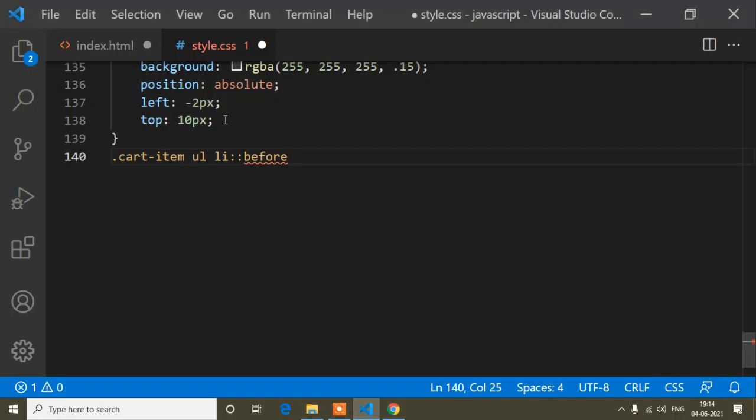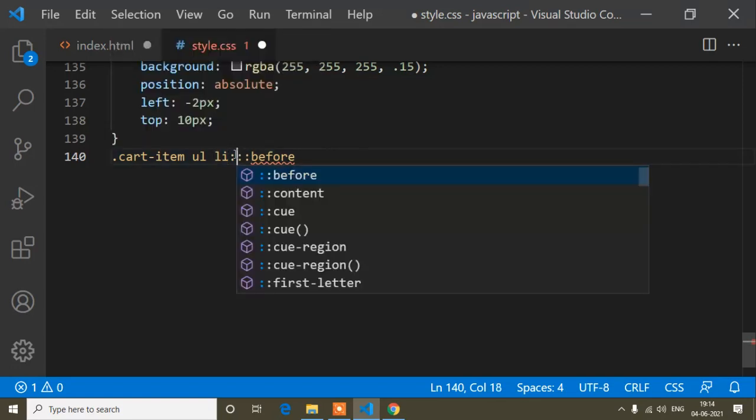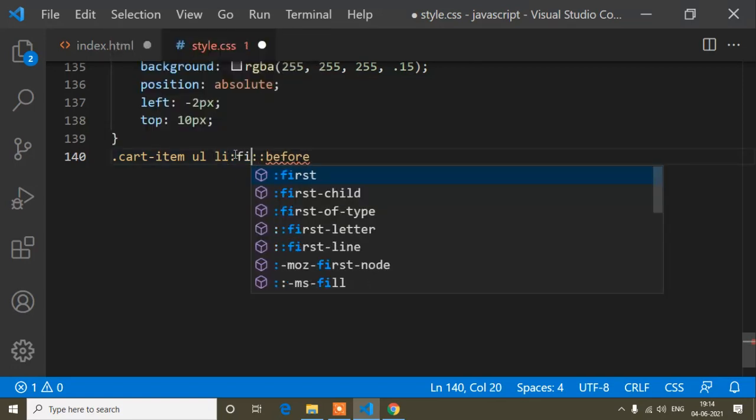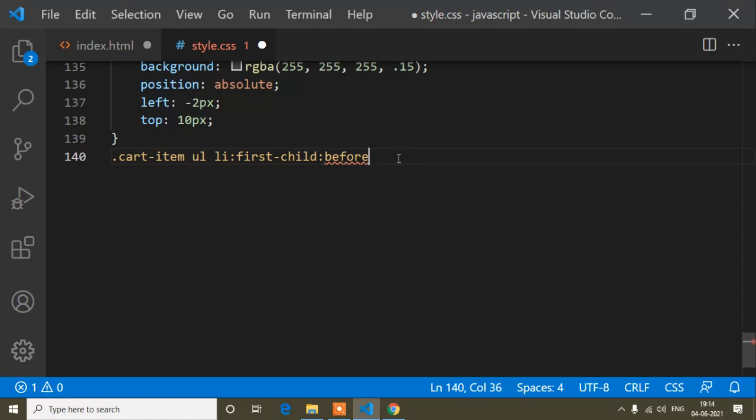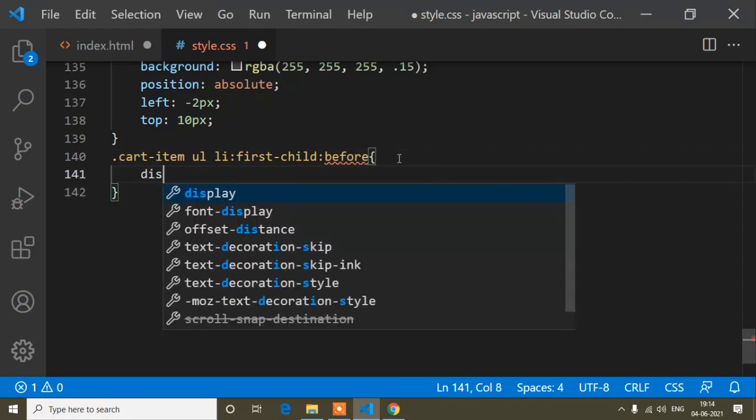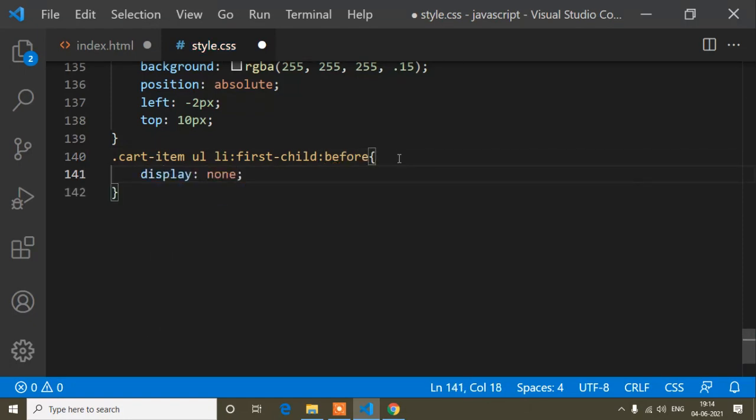This cart icon is the first li tag, so the border before it is the one I need to remove. Since the li tag is the first, I will write first-child. If I write display none, it will remove the border from here. You can see the first border is removed.